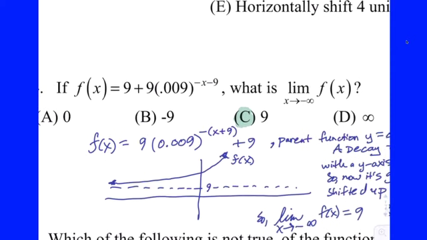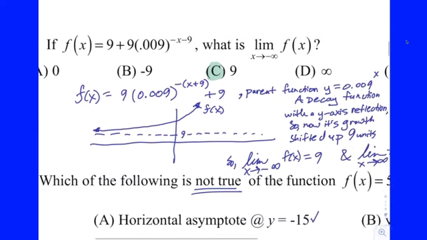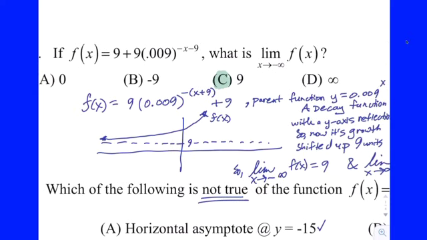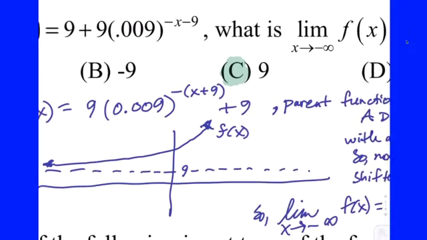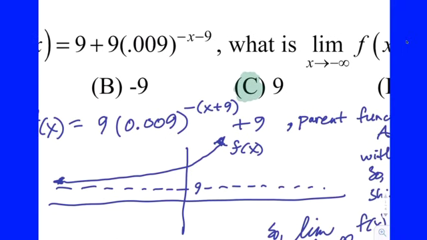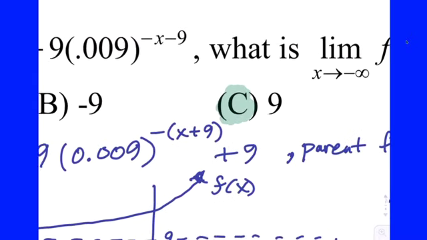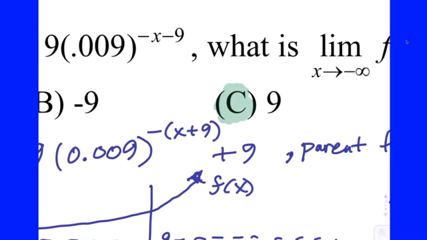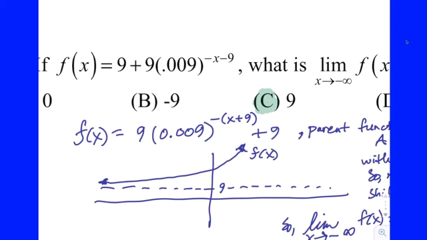All right, there's a couple of ways you could do this. Method number 1 is to do what we've been doing, put it into standard transformation form and sketch a graph. So the 9 in the front really goes to the back. We get 9 to the 0.009, and in the exponent, we need to factor out the negative 1. So that gives us then the quantity x plus 9. And so your parent function is 0.009, which is decay, right? 0.009 is decay.